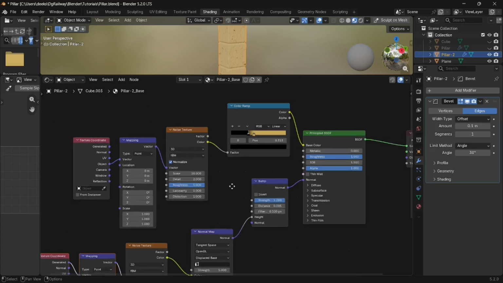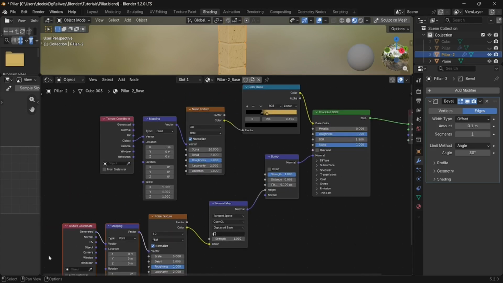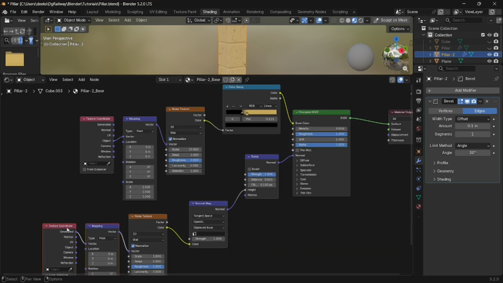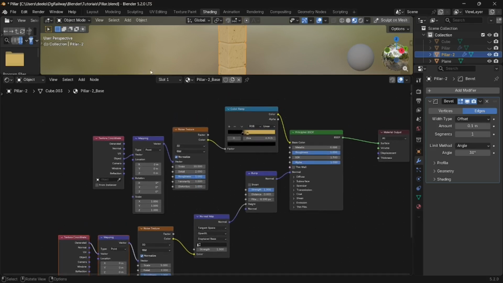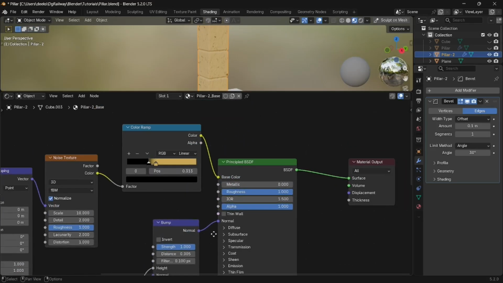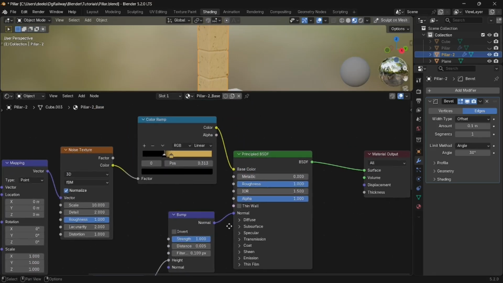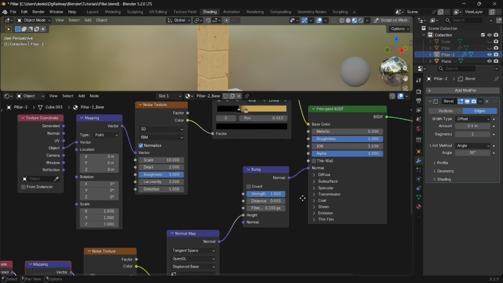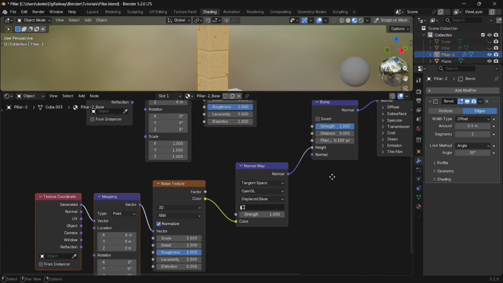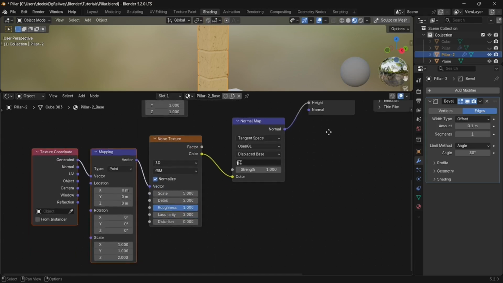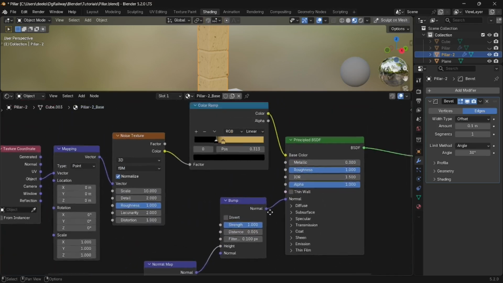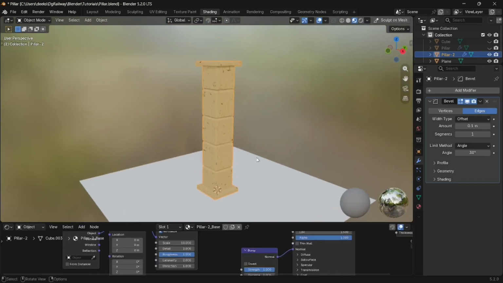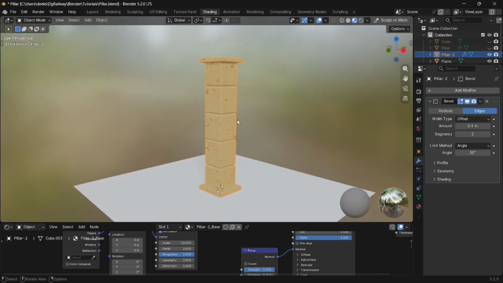It's all about practice. I'm going to join these windows so that this node setup will be more visible to you. That's fine. Now I'm zooming in. You can check the values, and you can pause the video for now if you really want to copy this setup, and you are good to go. So we have created this pillar, and it's looking nice as of now.